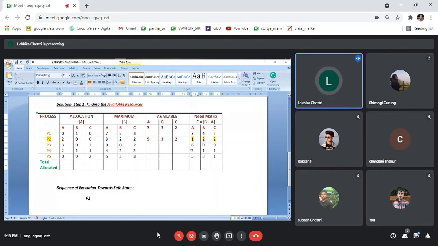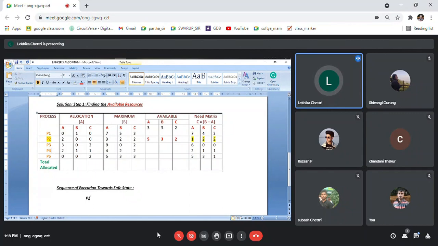So now it goes to P4. It is there in the ready queue. P4 needs 211. Okay, 211. So it looks at what is available. It has 532. So can the operating system allow P4? Yes, the operating system can now allow P4. So now P4 is given 211. It needs only 211. It only needed 211, and the operating system gave it 211. So let's say after 4 minutes, P4 is done executing.